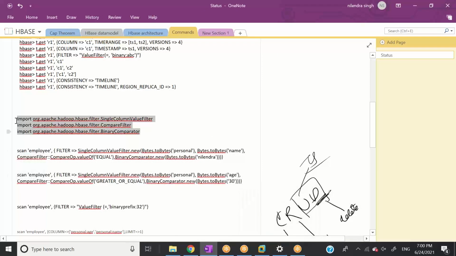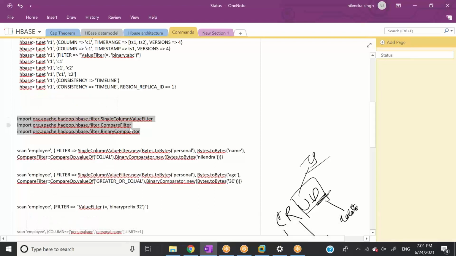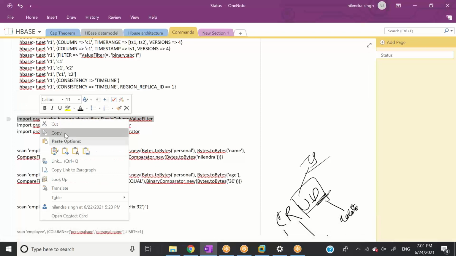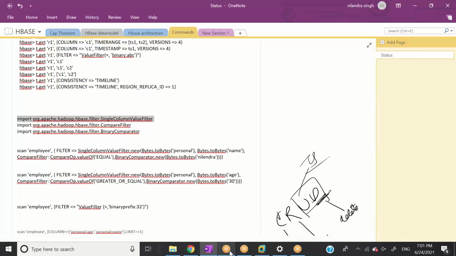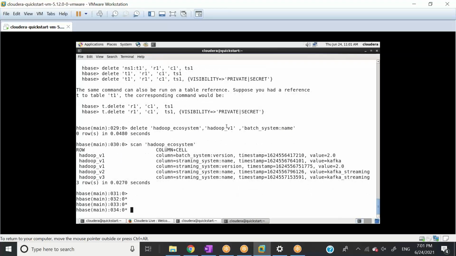So to do any filtering, first of all, you need to import the single column value filter if you want to go for it. Let's import one by one. Let's say I want to filter on any one column, so I'll import this thing here, paste.